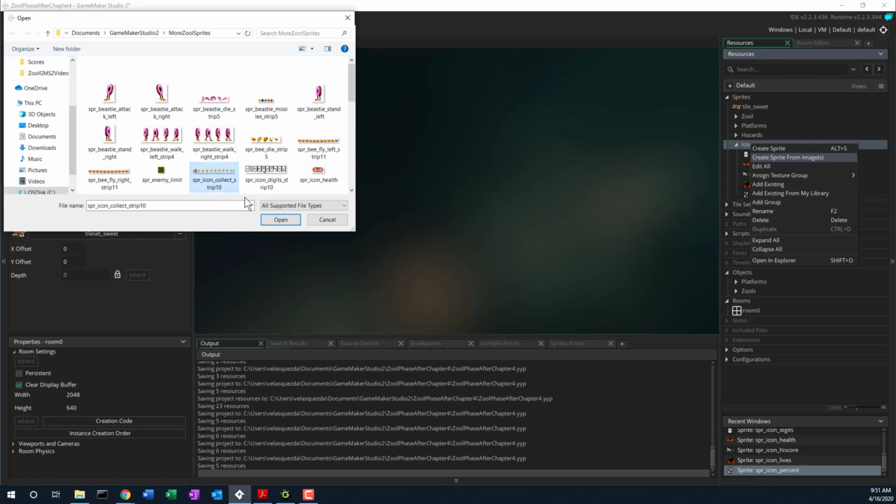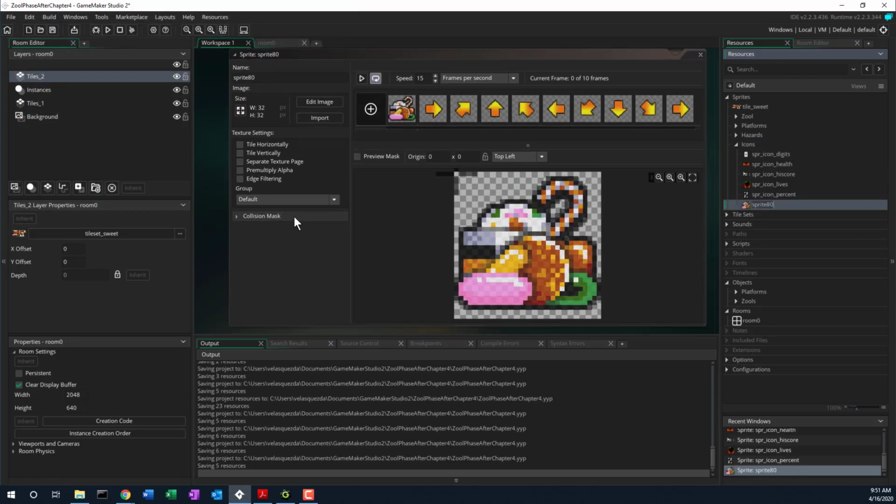Here it is. This one's weird. It's got this, plus it has all these arrow things. So they're using it for two different purposes. But for now, we'll call it sprite